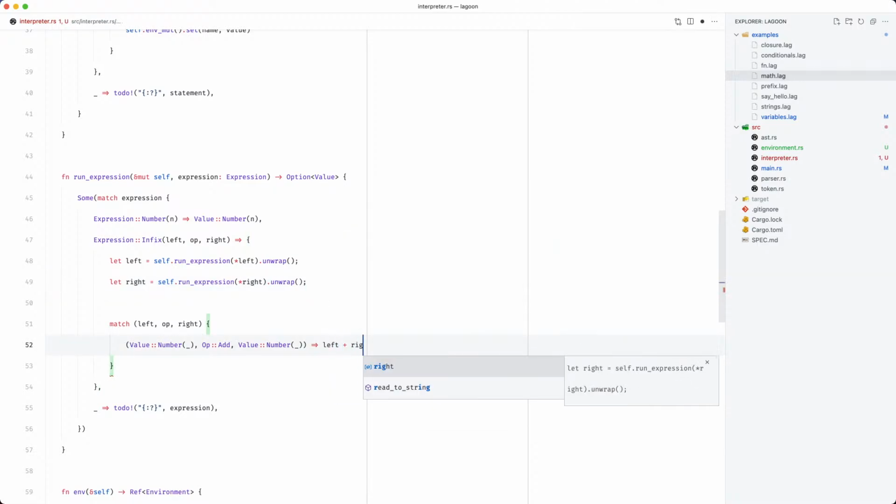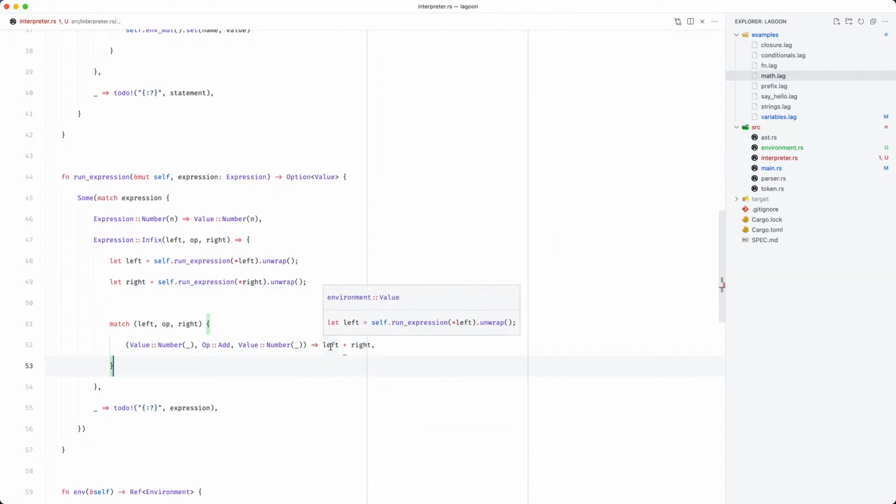We can do left plus the right, and we also need to cast these into their values.